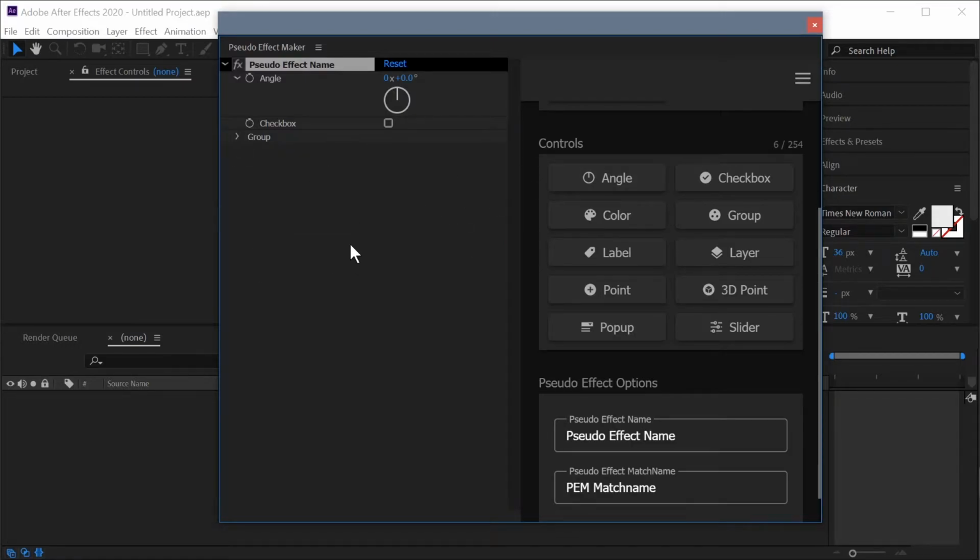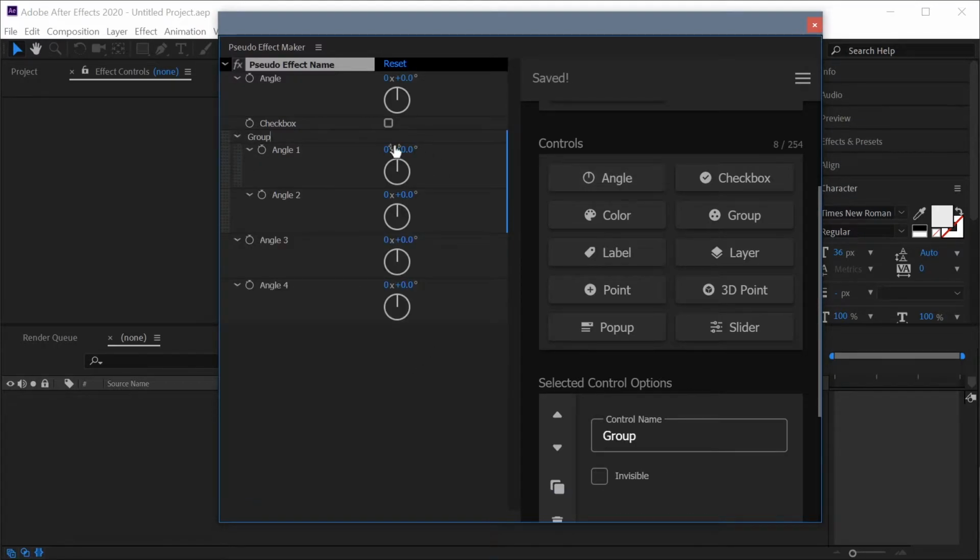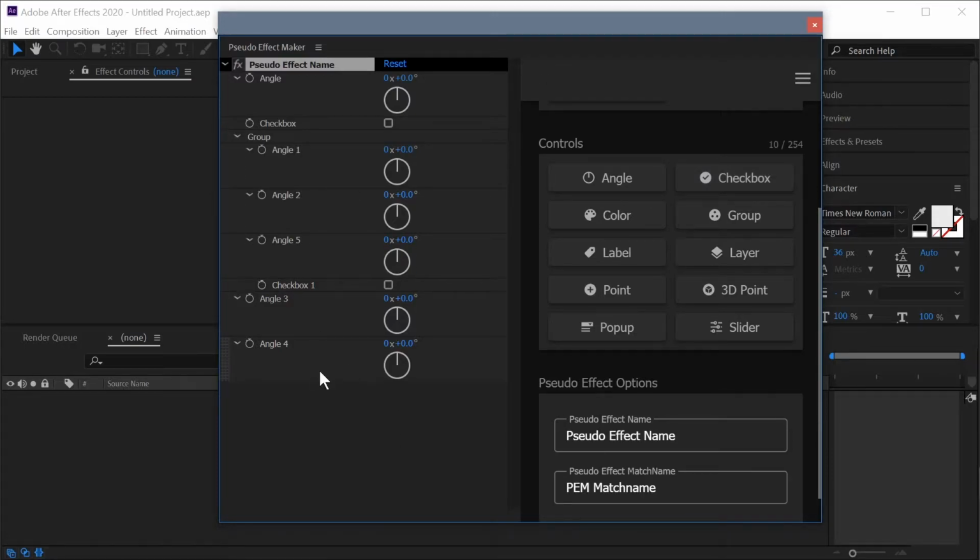If I click on the background of this panel, the effect itself is now selected, so if I add more controls, it's then going to go below the group. As you can see, each time you add a control, it goes to the bottom of the list. It's either the bottom of the group, so if the group is selected, it'll go to the bottom of that group. Let me add a different control to see it a little easier. You can see it went to the bottom of the group, but it always goes to the bottom of whatever active parent you have selected, whatever active group you have selected, whether that's the effect itself,